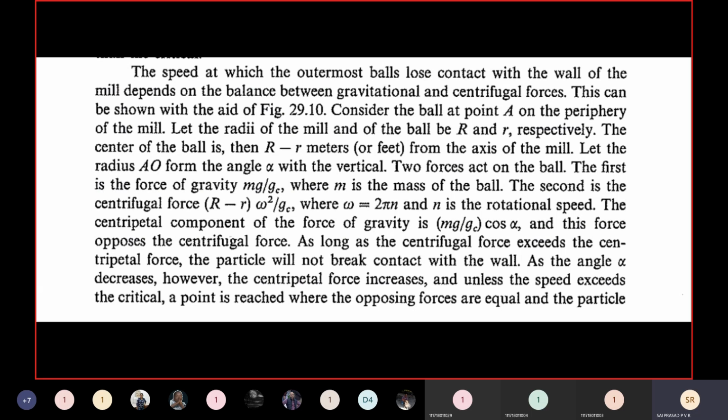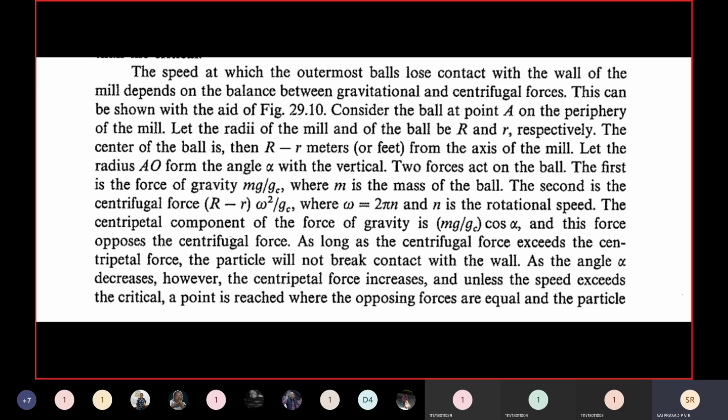Centrifugal force is the force with which it is thrown away from the center. So the centrifugal force should be maximum so that it will be sticking to the wall of the container, because the container will not allow the particle to go out from the system. So the container is holding the spherical ball, or the grinding medium. Up to what point do we want it to hold? We don't want to hold it permanently. We want to hold it up to the topmost point, and there immediately the gravitational force should suddenly be more. So it will fall because of gravity. So these are the two forces which are responsible.